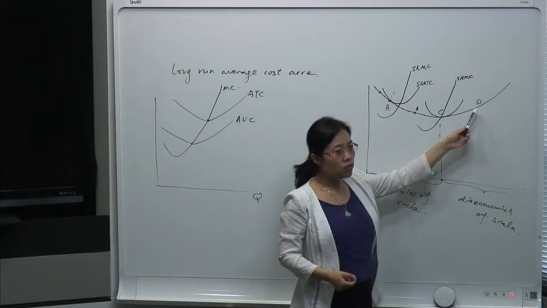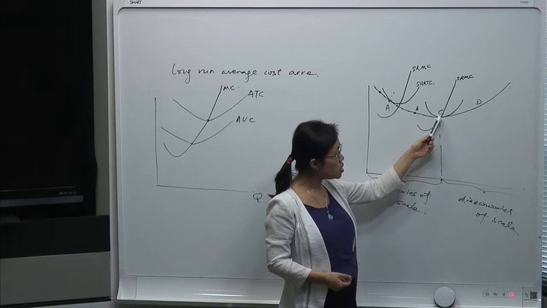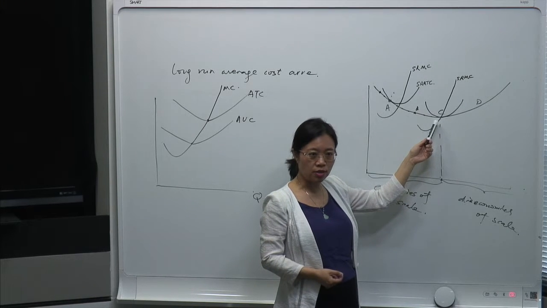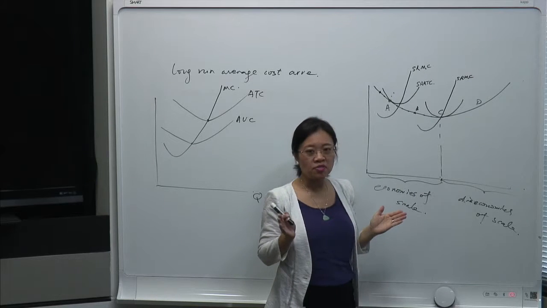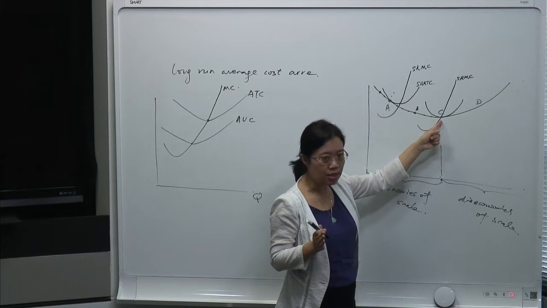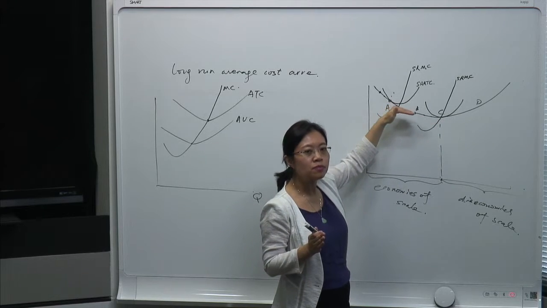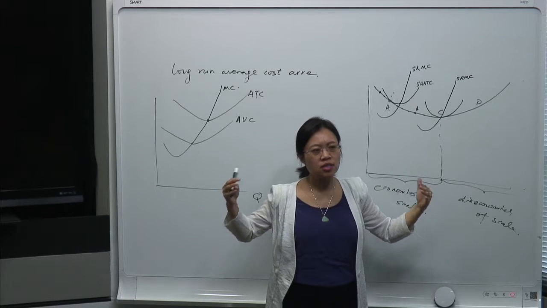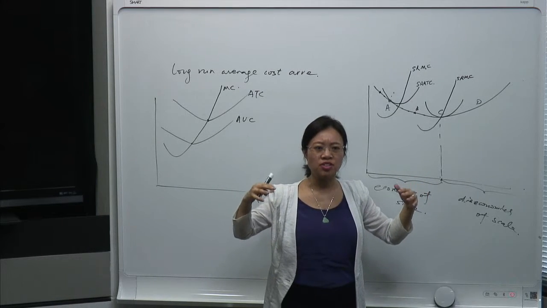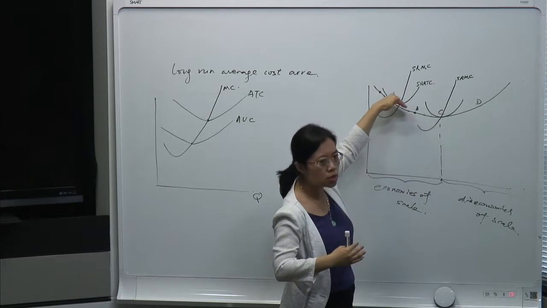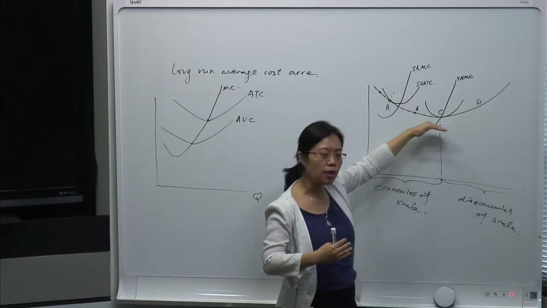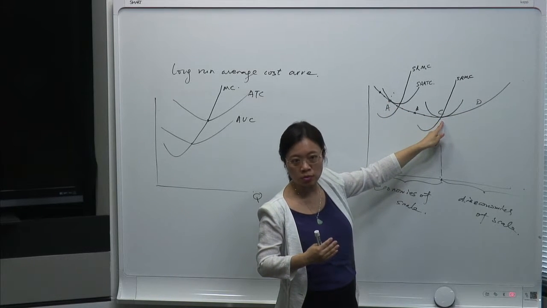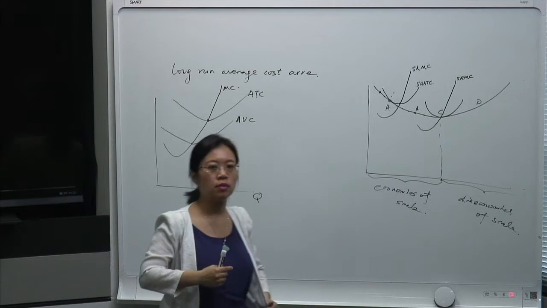Very good. So even if the graph is like this, we know there is this lowest point of the long-run average cost curve. There is a scale that's going to generate the lowest average cost. But the firm actually does not know what it is. What you see in the outside world is firms expanding, then starting to see some problems and cutting branches. The firm is expanding and shrinking, trying to figure out where this optimal scale is.